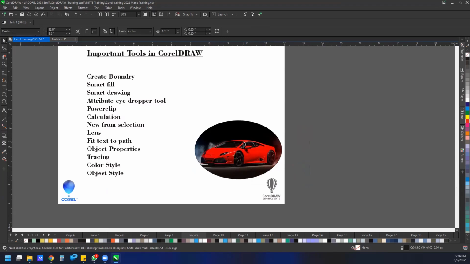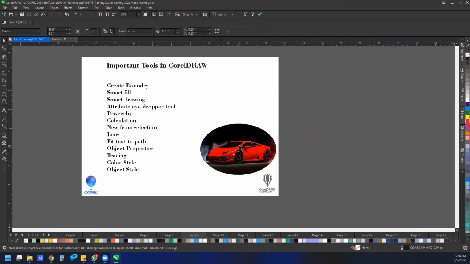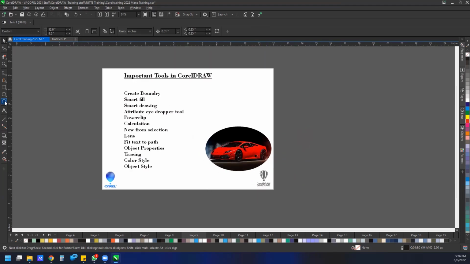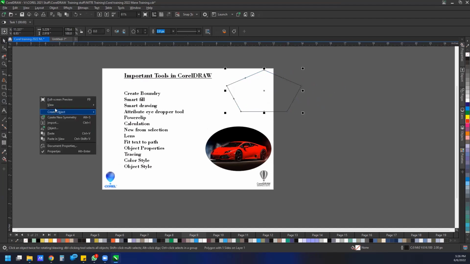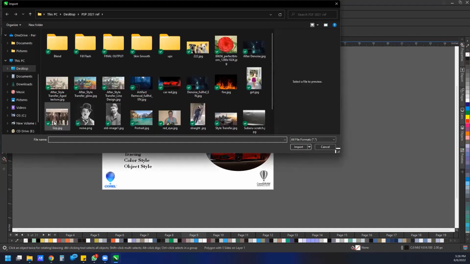Now it can be any shape, either ellipse, circle, star, polygon, whatever shape you have. Let me show you on any other shape also once. So I have a polygon this time, and I want to import. Let me just put it something like this. Very quickly, I'm going to import a bitmap. Right click anywhere, click on import. Shortcut key Control plus I. Let's say this time I want